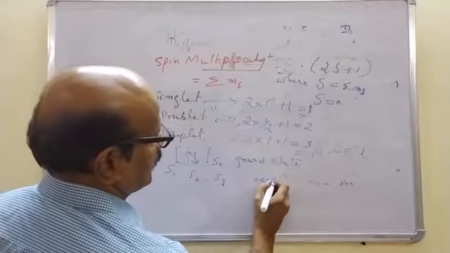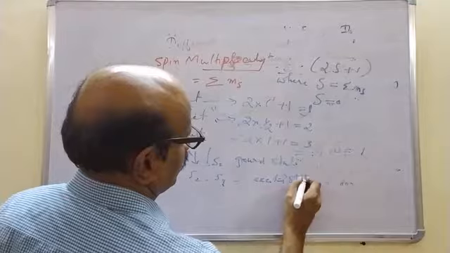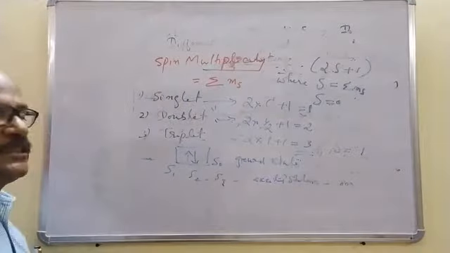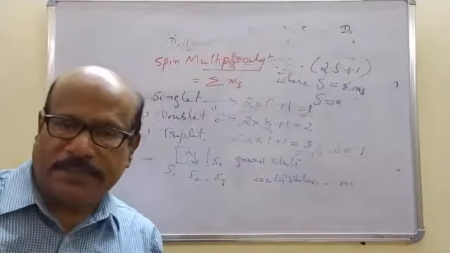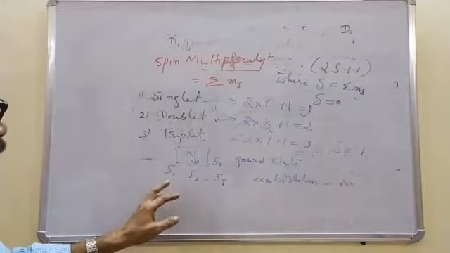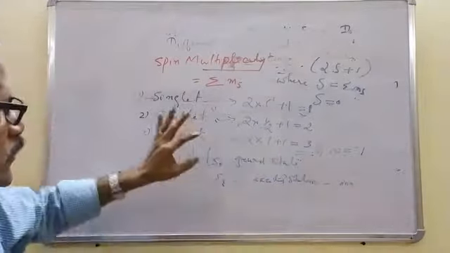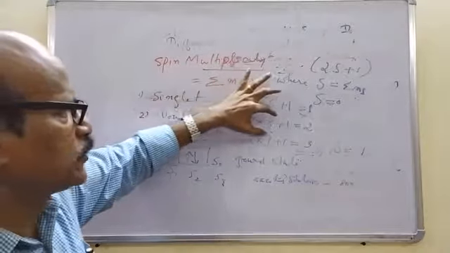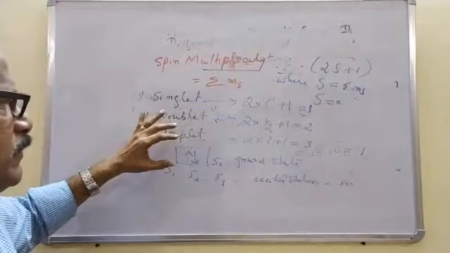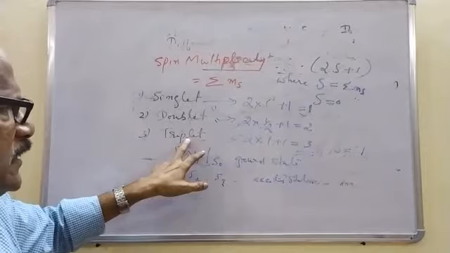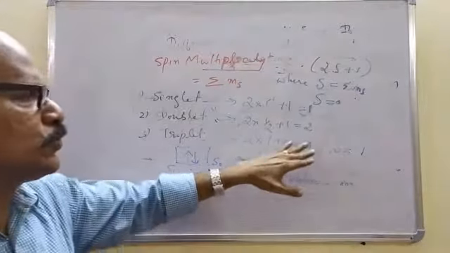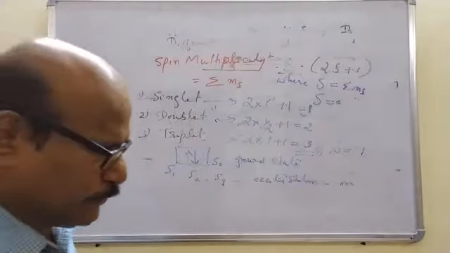are called excited states. So the singlet has one ground state, S0, while all others are excited states, S1, S2, S3, etc. Similarly, the doublet state is also an excited state, but normally it is not there. The next is the triplet state, which is also an excited state. So you have to remember